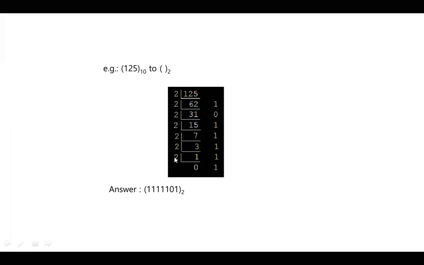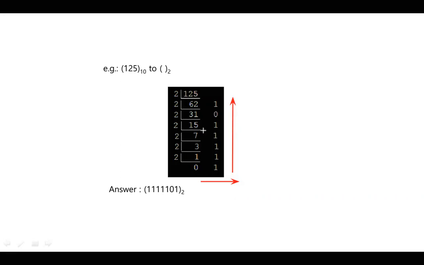And 2 zeros is 1. Now how will we write the number? So to write the number, we should follow the format from here. It should go like this, then it should go like this. That means the number will start from here. So the number will be 1, 1, 1, 1, 1, 0, 1.